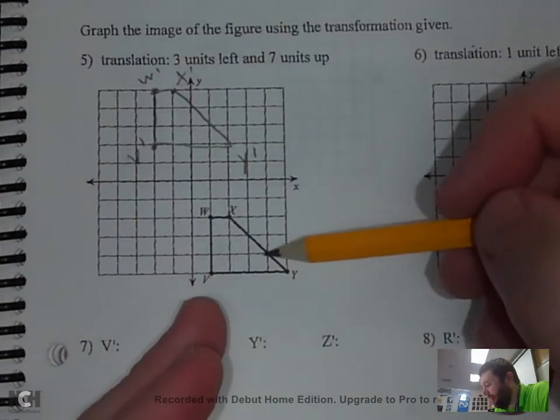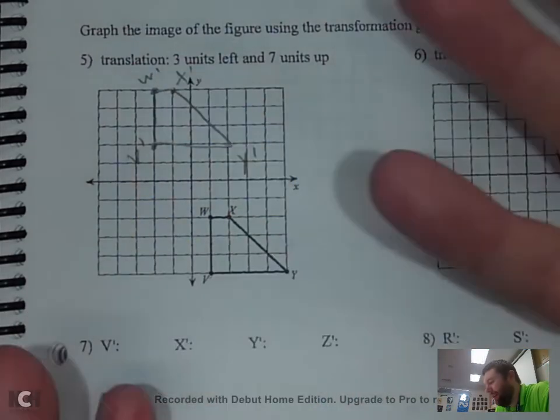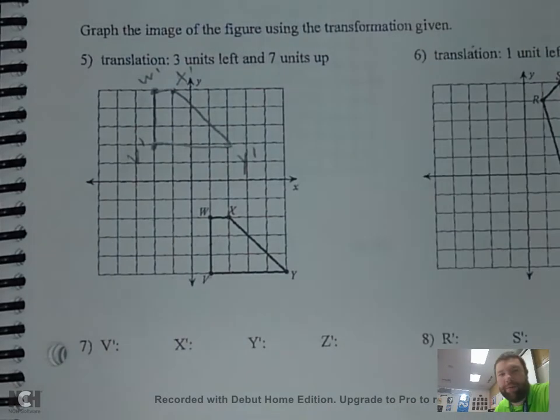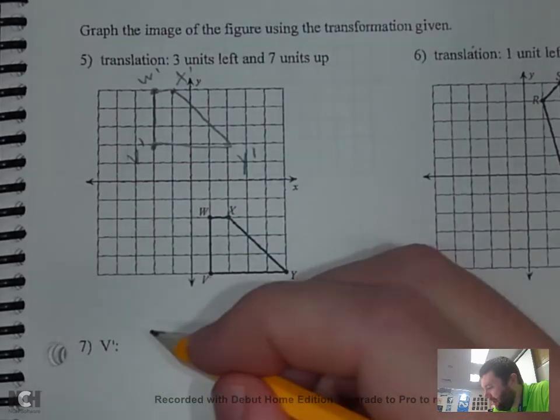Again, all you do when you translate something is you just slide the shape on the graph. The shape doesn't change at all. It just slides it on the graph. It goes up and over. That's all it's doing. Okay, so V is going to be